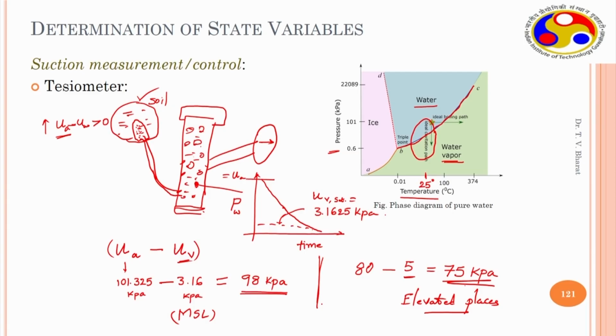So, we have seen the negative column technique or hanging column technique, where you can probably measure a maximum suction range. If you have a 1 meter high column, then you can establish the soil water characteristic of up to 10 kilopascal suction. Beyond that it is not possible, unless you increase the height of the column, but it is not possible to have whatever length of column you want. Therefore, it has severe limitations in establishing the soil water characteristic curve for other than coarse grained soils.